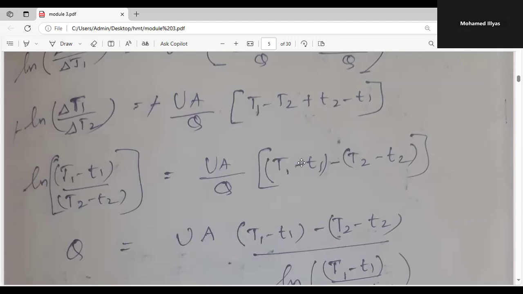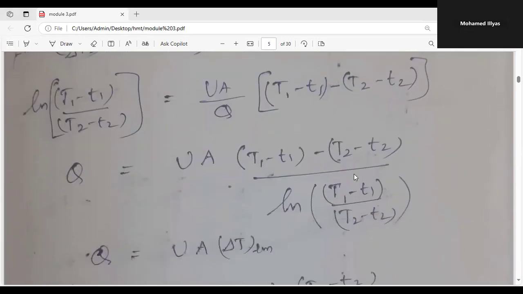And we can rearrange this expression on the right hand side in a more convenient form. Also, on the left hand side, we will write delta T1 as capital T1 minus small t1, and delta T2 as capital T2 minus small t2, as represented in the temperature distribution diagram here. And here we'll write this as capital T1 minus small t1 minus capital T2 minus small t2. Keeping this q on one side and writing the other terms on the right hand side here,